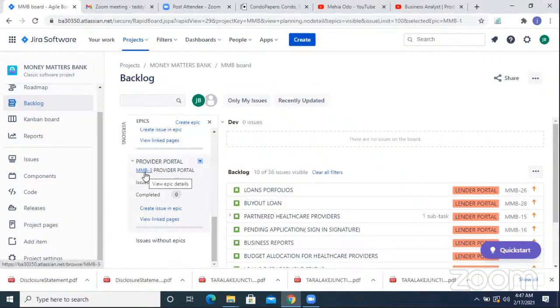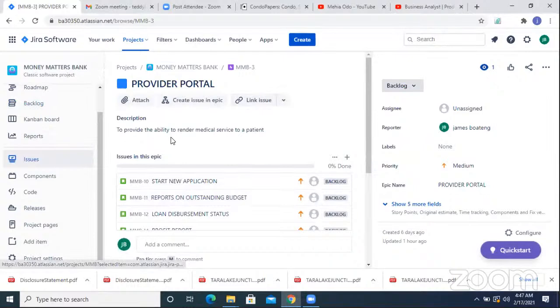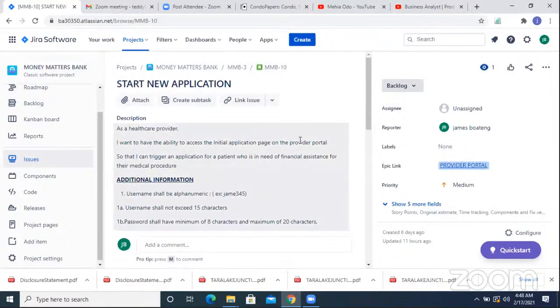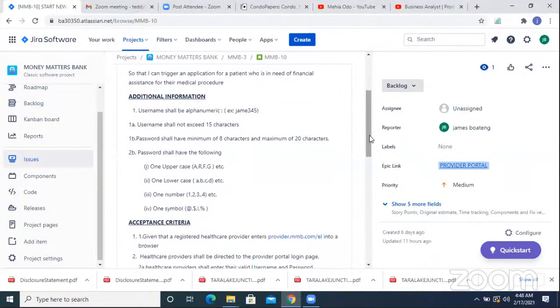Just going to start with the providers portal here. So I have my short description to provide the ability to render medical service to a patient. And I start here with the start new application. So as a healthcare provider, I want to have the ability to access the initial application page on the provider portal so that I can trigger an application for a patient who is in need of financial assistance for medical procedure. And then I put in here some additional information for the login,